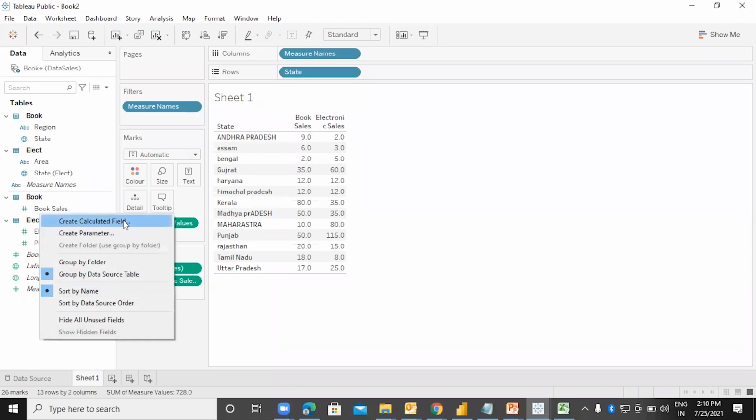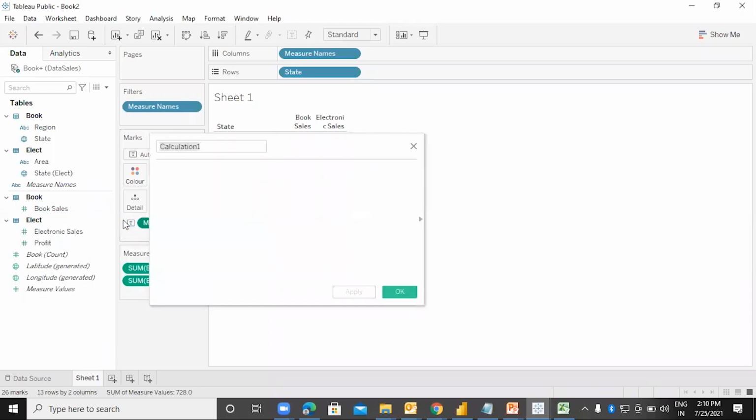And not only displaying, if I want I can also create a calculated field. So I can right click over here and say create calculated field. Let me name that as total sales, which will say sum of book sales plus sum of electronic sales.